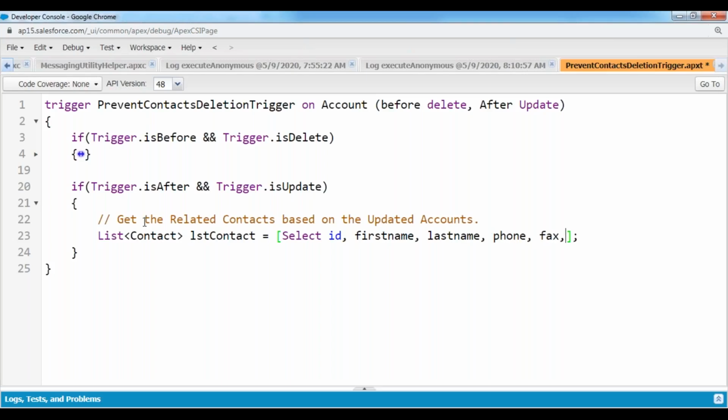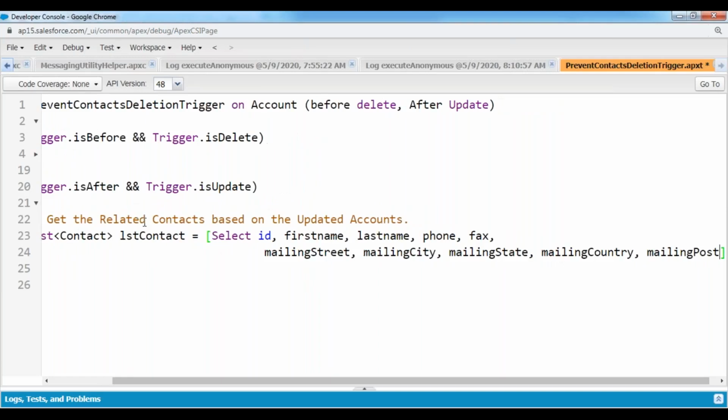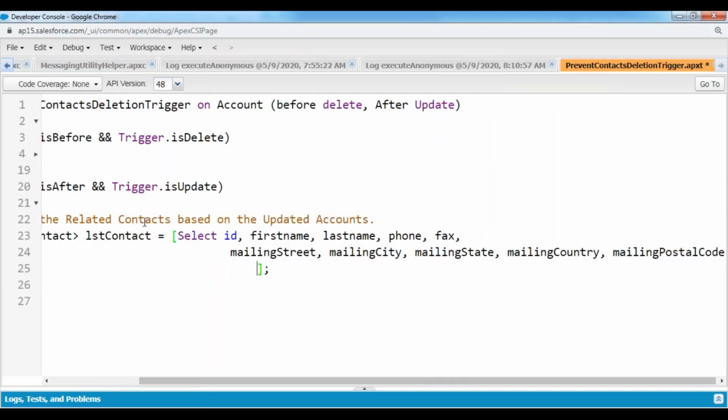That means what fields you would like to update, I'm collecting that information. Mailing street, mailing city, mailing state, mailing country, mailing postal code, from contact object,